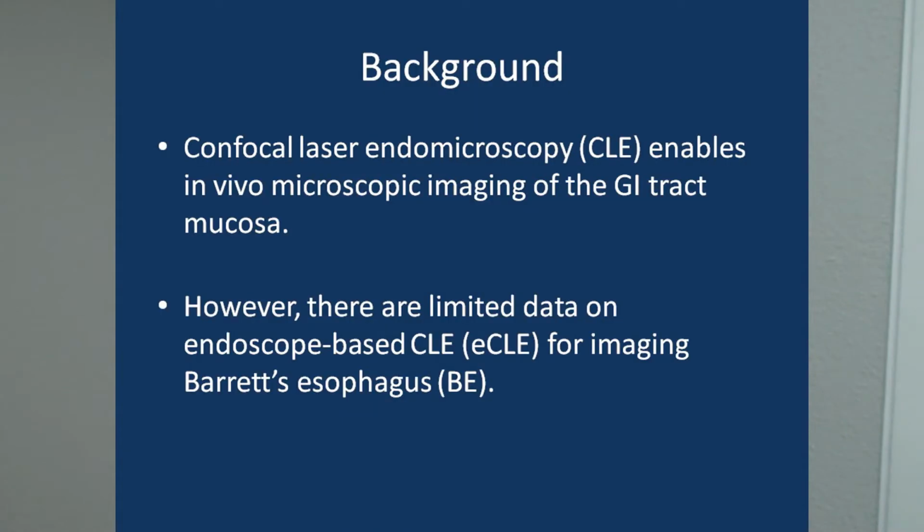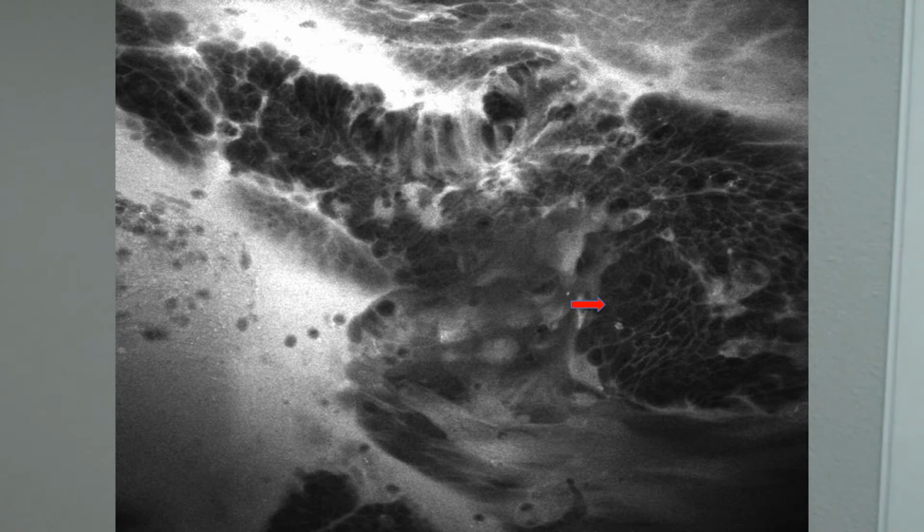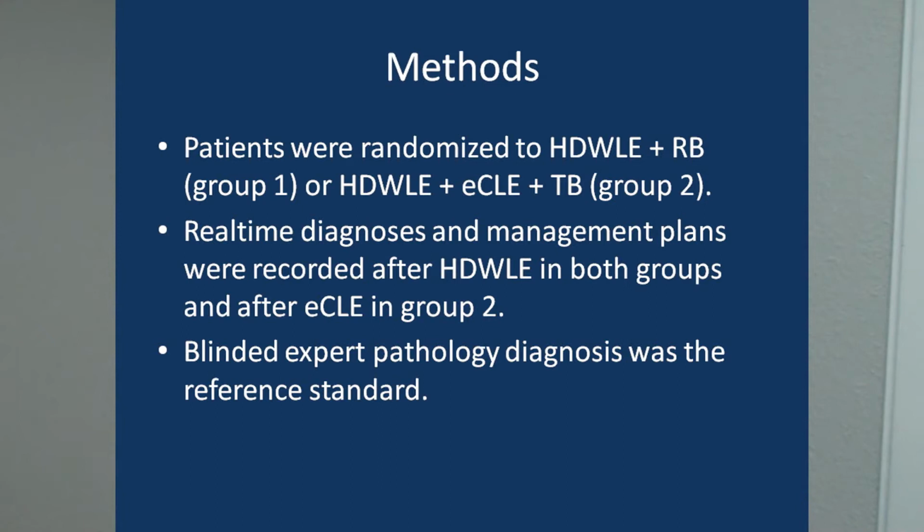The background is that confocal laser endomicroscopy enables in vivo microscopic imaging of the GI tract. However, there are still limited data on endoscope-based confocal laser endomicroscopy for imaging Barrett's esophagus and for immediate decision to diagnose Barrett's associated neoplasia. We randomized patients in a 1-to-1 ratio towards high-definition white light endoscopy with random biopsies, or